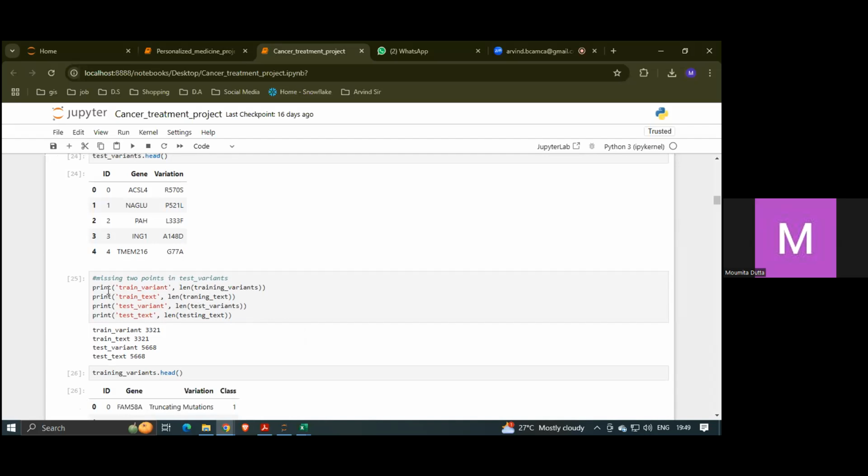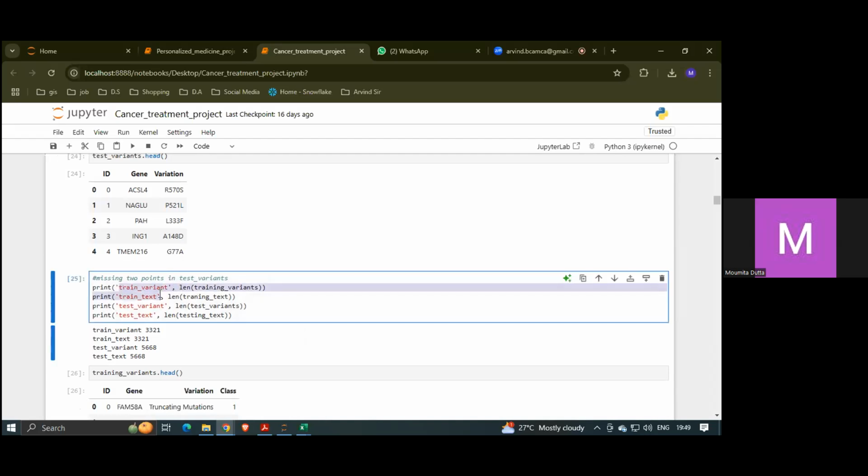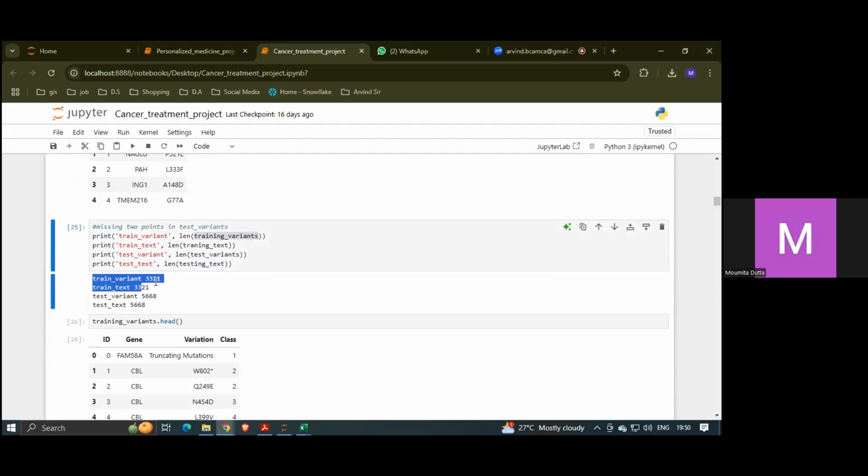If you run print of the train variant length, here I have printed this variable name, and length means the actual length of the data set. Training variant is my column name. You can see that for the train variant we have 3321, almost 4K data,